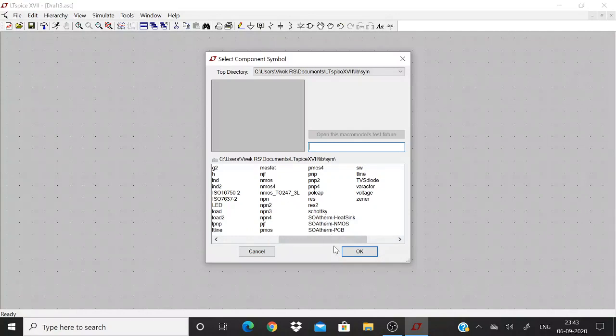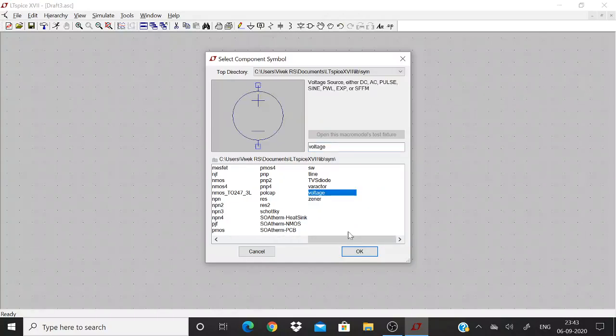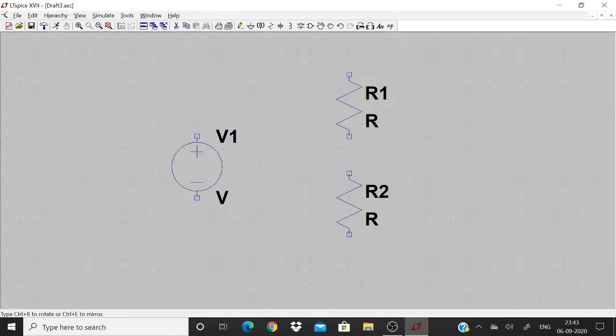TVS diode, all these things were downloaded by me, and some things were already present. From the selection I am selecting a voltage source, and I am picking and placing it. I press the escape button to unselect it.